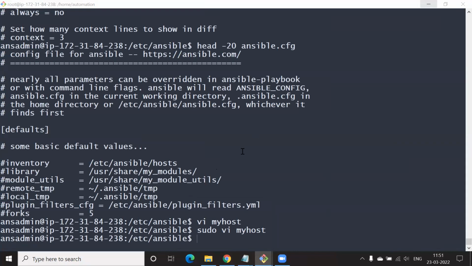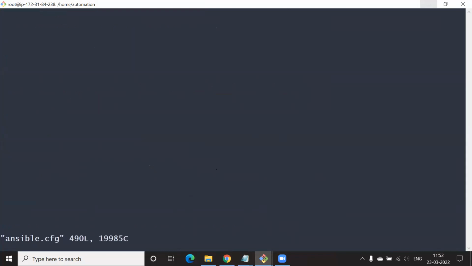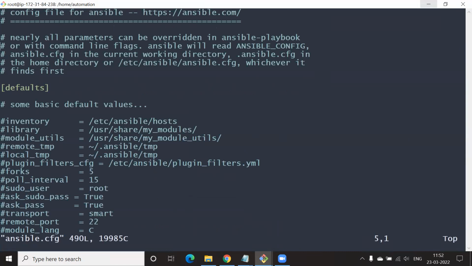So now go back to the Ansible config. Change inventory to myhost. Uncomment that line.